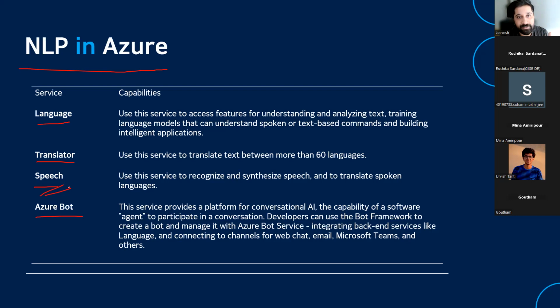Previously, a few years back, when we used to hear a robotic voice, it was very monotonous, like something something something, which sounded very robotic. But with the speech service, it is very human-like. This service can recognize and it can also synthesize speech, so speech to text and text to speech can both work with the speech service.